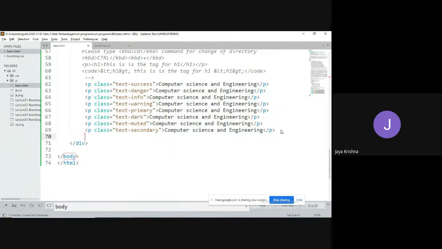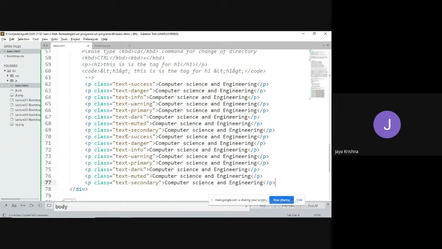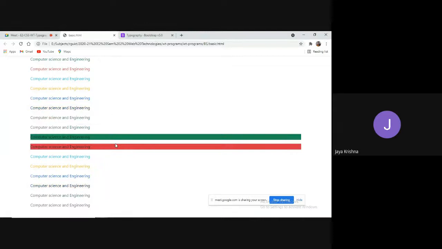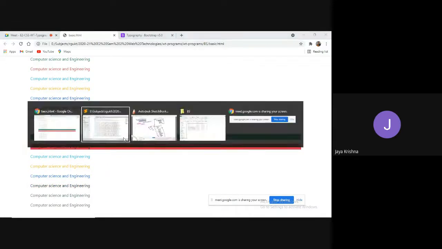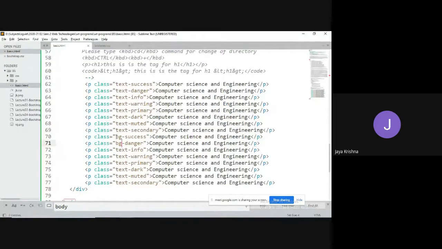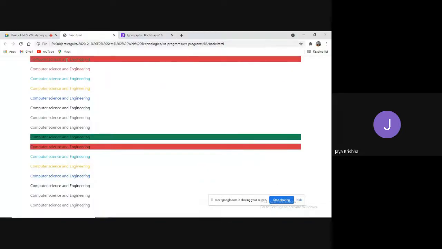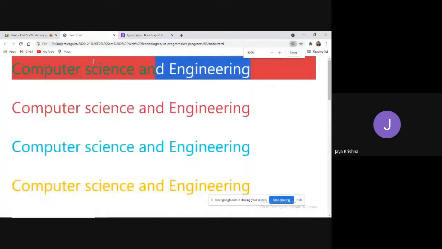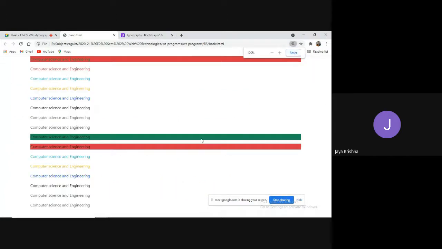Similarly, if you would like to go for some kind of background modification, what you can do is, instead of this one, I can go for bg. For the same text, I can go for the background. Observe, you will get some kind of background. For example, I would like to make a combination. Yes, you can make use of combinations. For example, the text is success and my background color should be red. Then I can go for this one. Observe. Like this, you can use these colors.